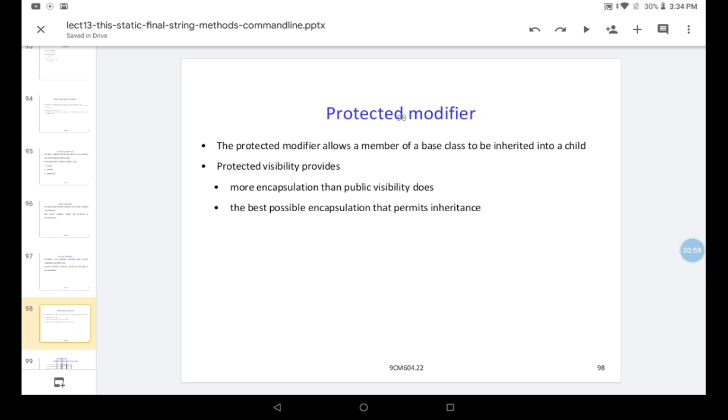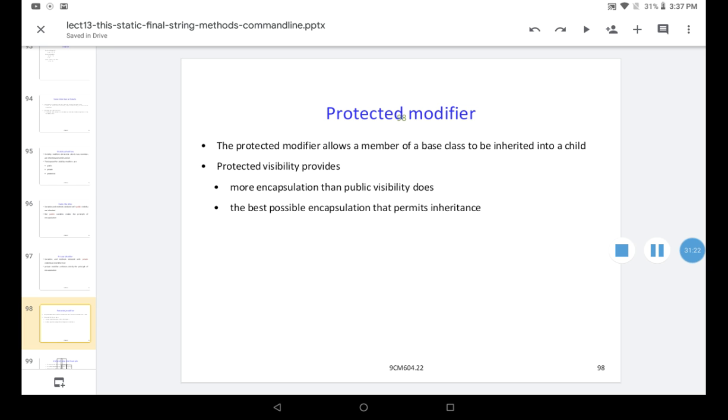And the protected modifier. What does protected mean? The protected modifier allows a member of a base class to be inherited into a child.